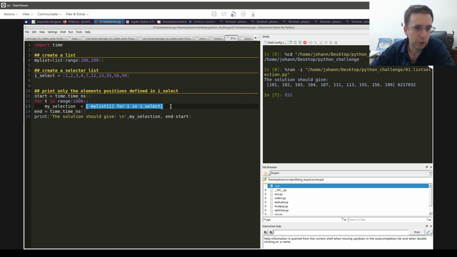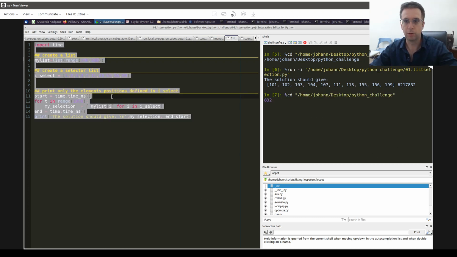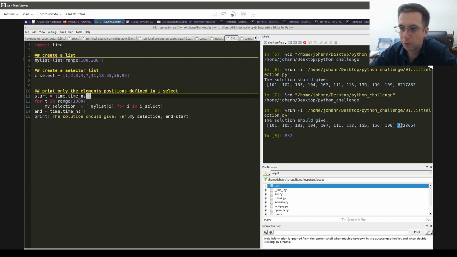Okay, so the solution could be a list comprehension, right, where we iterate over the selection and select the items of my list, running over the iterator i and forming a new list. Right, so running the code again, and we are at like 7 milliseconds if I'm not mistaken. Now a different solution